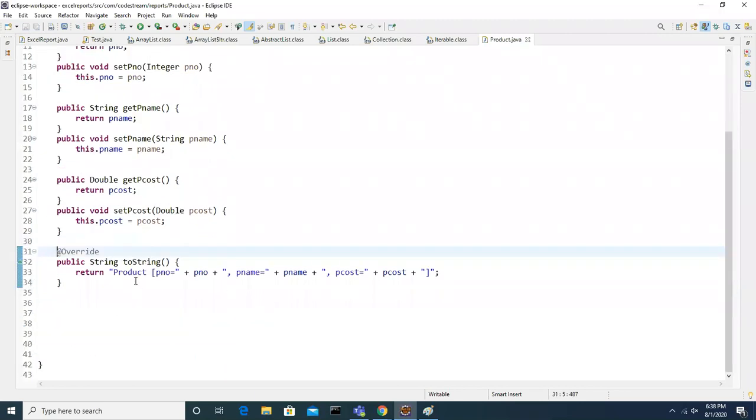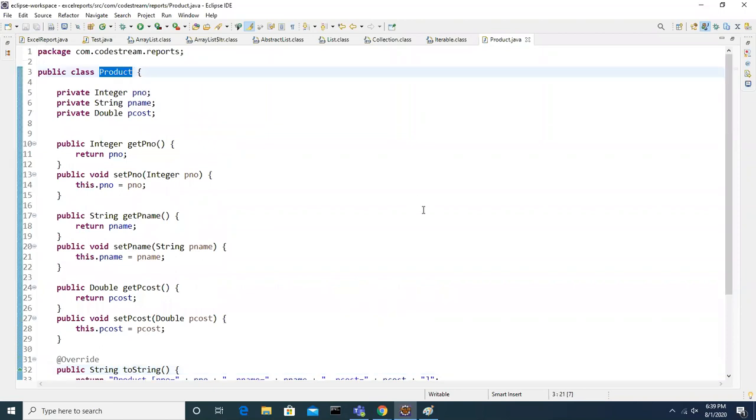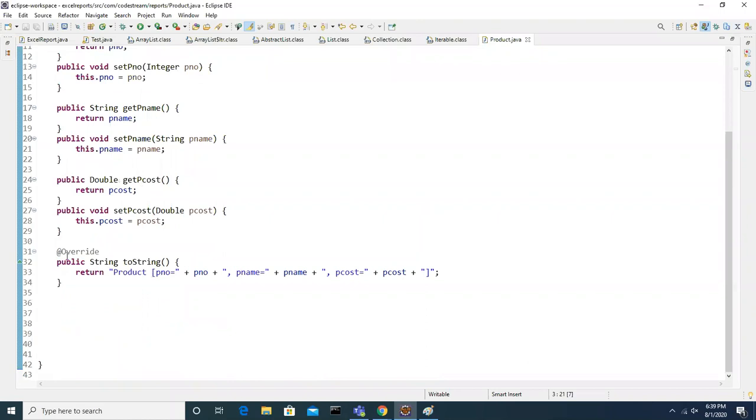My question is a simple question, which I already explained. What is the superclass for the Product class, guys? Object, sir. Is the toString method already available in the Object class or not? Yes, sir. But I am writing the same method in the subclass.